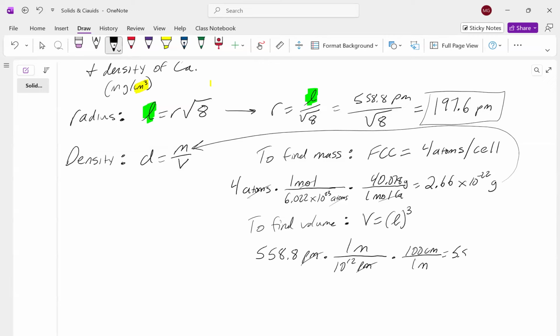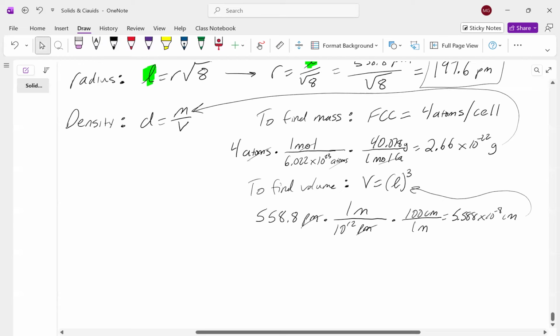So that's 5.588 times 10 to the negative 8 centimeters. Now I can put this in there. I mean, you could have put the picometers in there originally and then done a conversion, but however you want to do it. I'm just converting it now to centimeters because it'll get me right to cubic centimeters at the end of the day. So volume equals